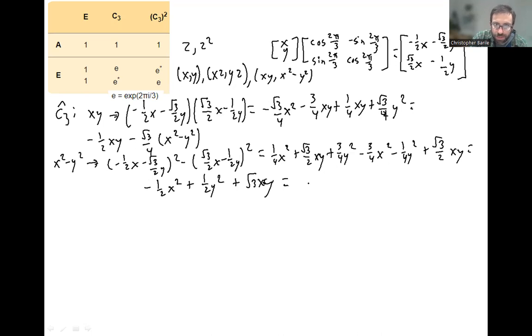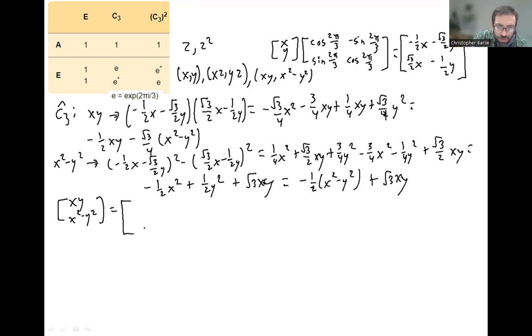And now we can factor some things out. So we can factor out a negative 1/2, and that allows us to get something times a linear combination of x squared minus y squared, and then plus a root 3 xy. So again, we got something that's a linear combination of x squared minus y squared and xy, just like we did above. And so that's great. And so now what we can write here is a matrix, just like we did for xy, but now of xy and x squared minus y squared is going to be equal to